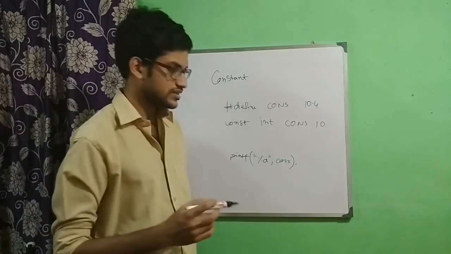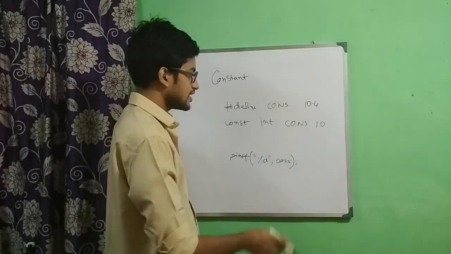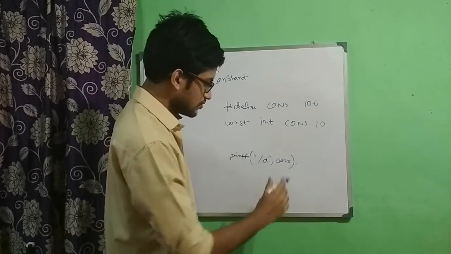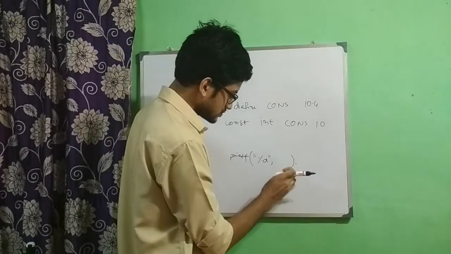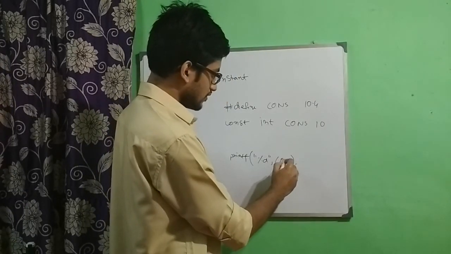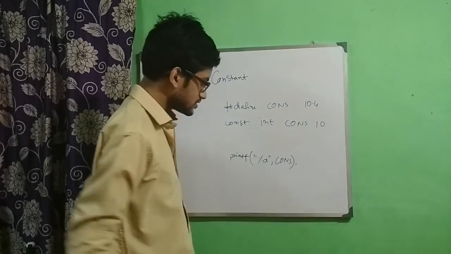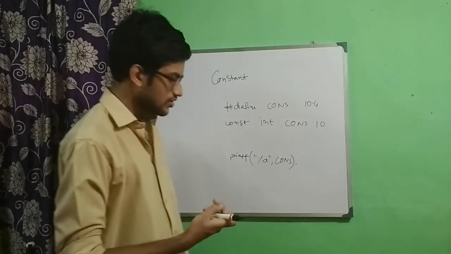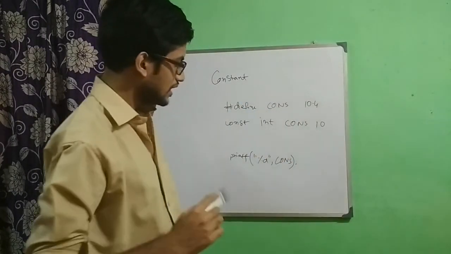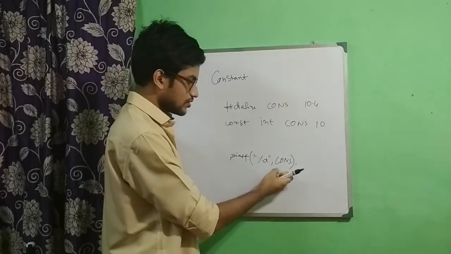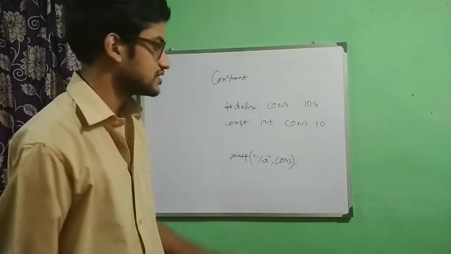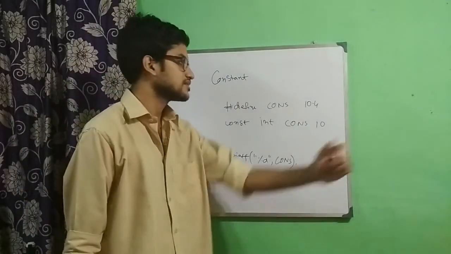That's why they made a convention to write the identifier or the constant name in uppercase. If we have written the constant name in uppercase and we write like this, fetching the value of the constant, it will be easy for you, even without looking at this part. You will be able to say that we are fetching the value from the constant. It's a constant because it is written in uppercase.